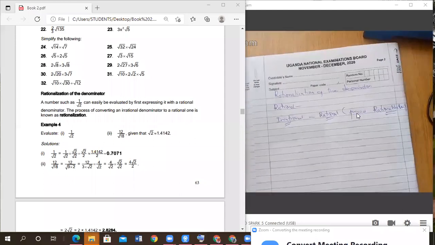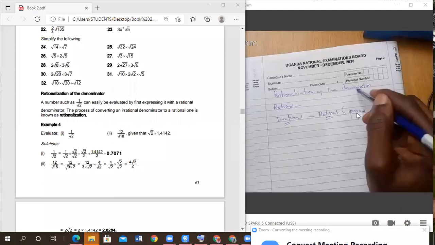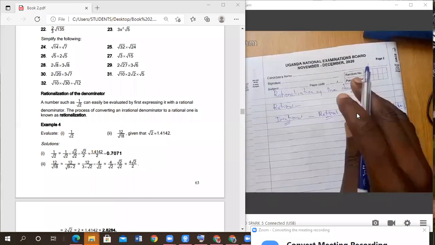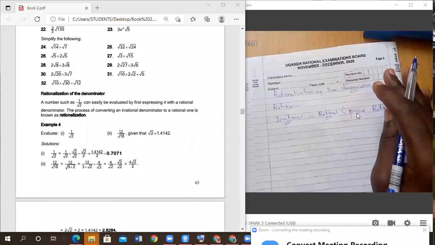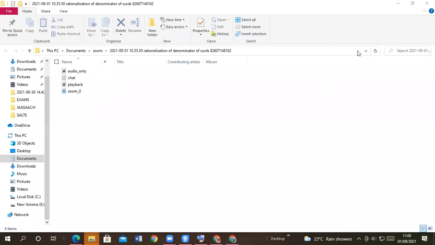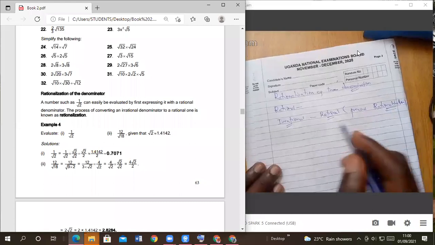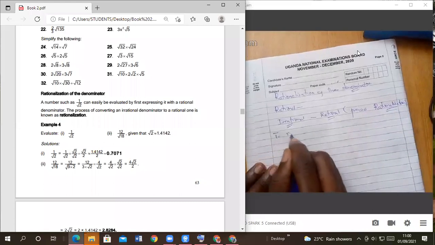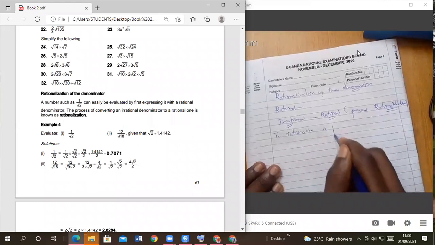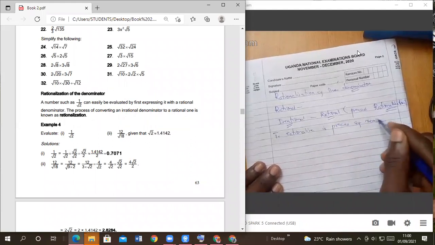Okay? Now, remember, for you to rationalize, we are dealing with only the denominator. So which means we want to remove the root sign from the denominator. So you can say, in a nutshell, to rationalize is the process of removing